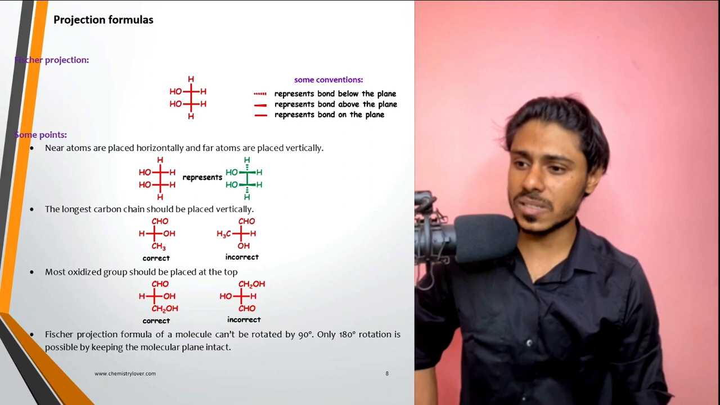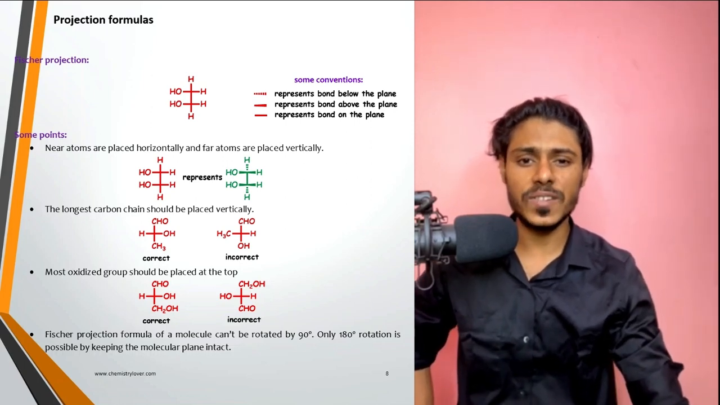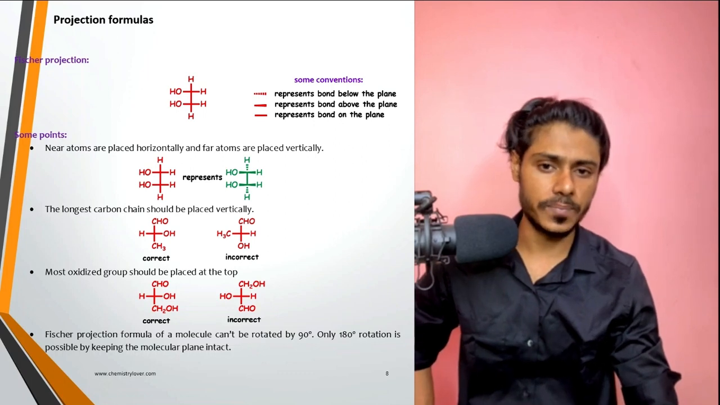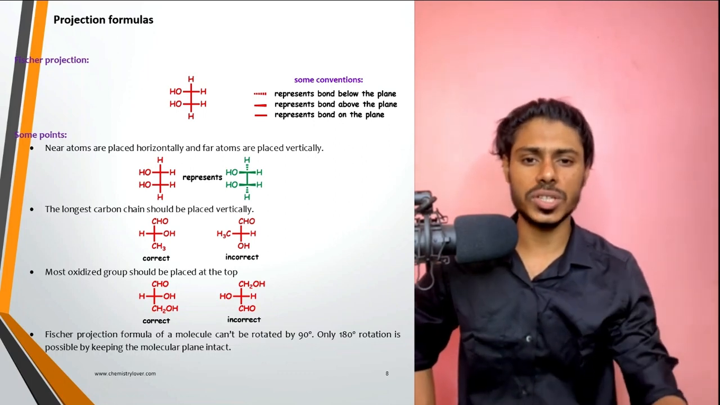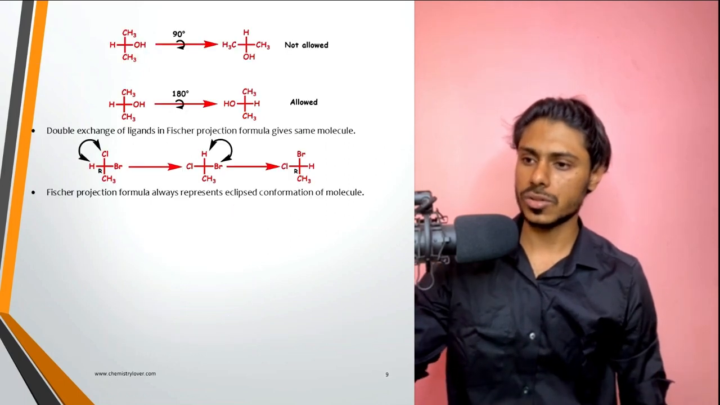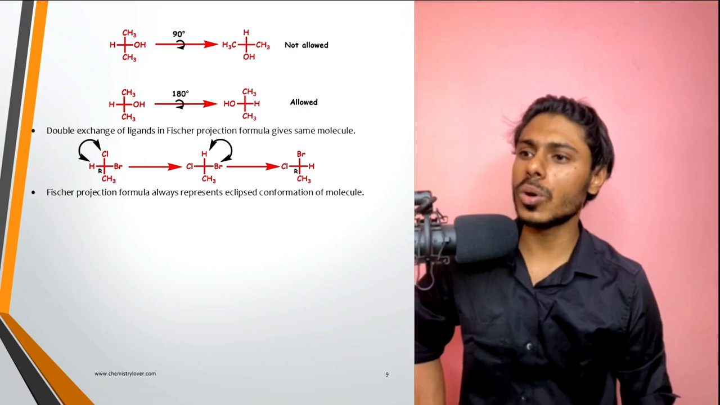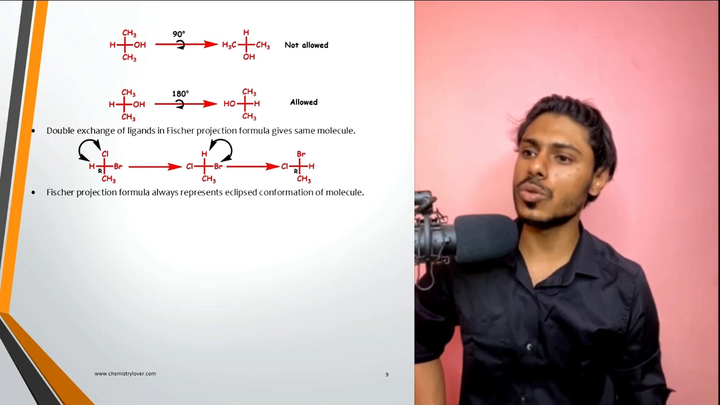Now the next rule is very, very important, and that is, you cannot rotate the Fisher projection formula by 90 degrees. Only 180-degree rotation is possible, by keeping the molecular plane intact. So what is meant by that? So this is our molecule. If you rotate the molecule by 90 degrees, you will get a different arrangement, and the two molecules are different,